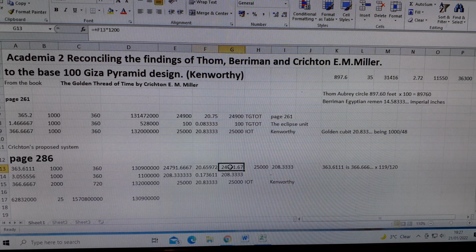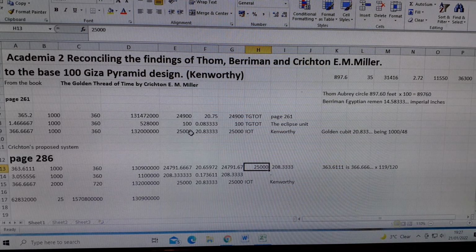That multiplied by 1200 is the same as that using this method. There's no difference. And I derive that method from John Michell's Canon of Ancient Measure, which that is. Now, when we take that away from 25,000,